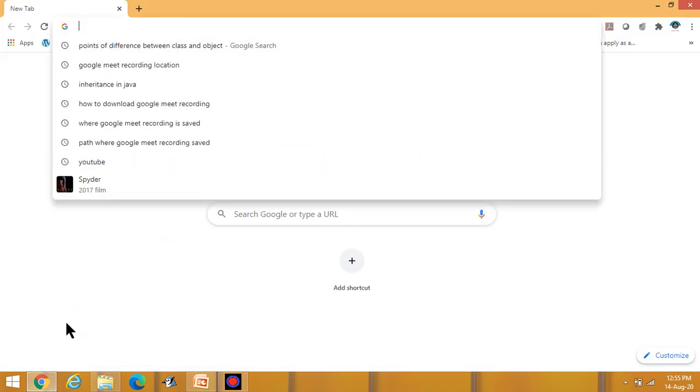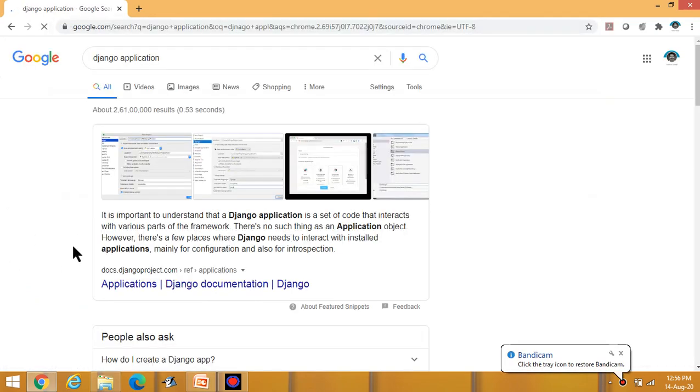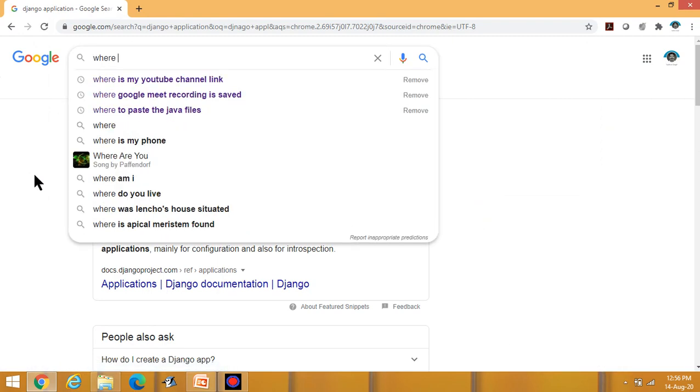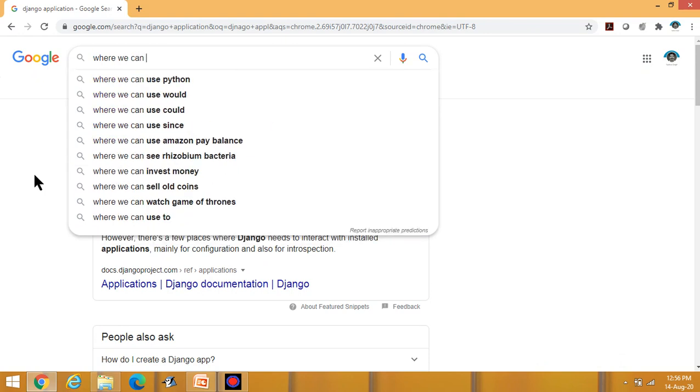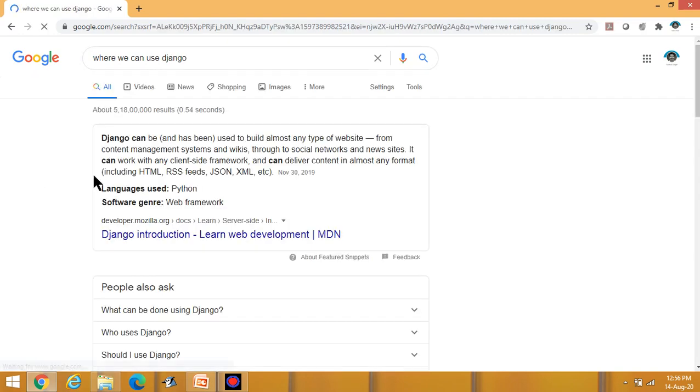If I am searching for Django applications, or where we can use Django. Django can be used to build almost any type of website.